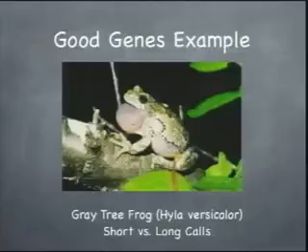But there's, how much time do I have? Maybe I have some time. So there's some examples that have been tested out there. So this is a gray tree frog. It's highly vocal. And what is the signal in this case? It appears to be the call length. So once again, you have to have some way for females to choose among mates. In this case, it's the call length. Some males have short calls, and some have long calls.